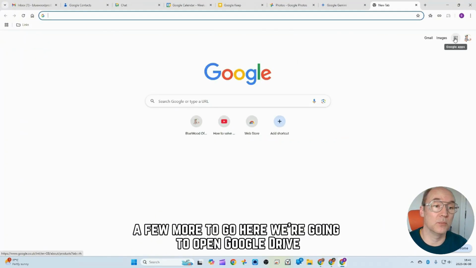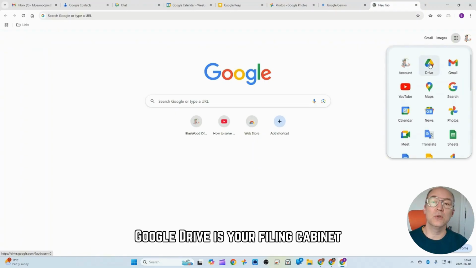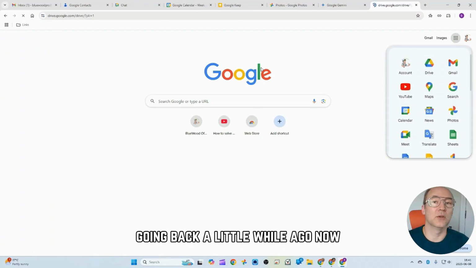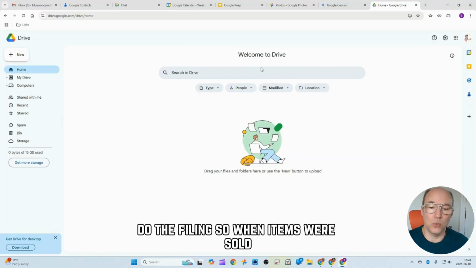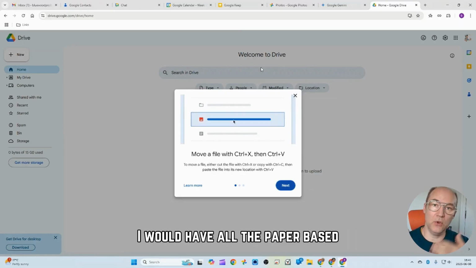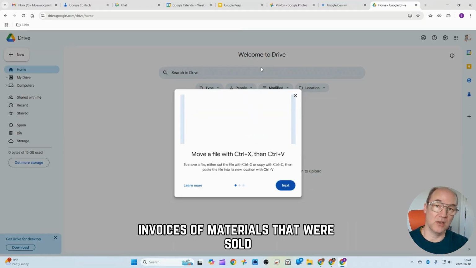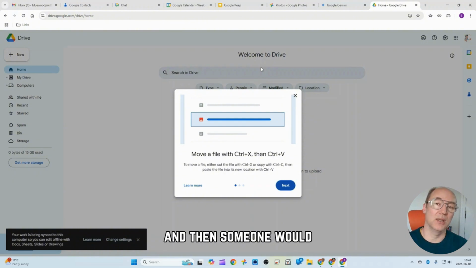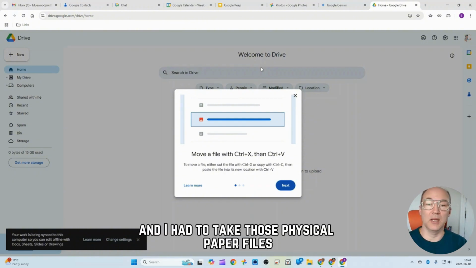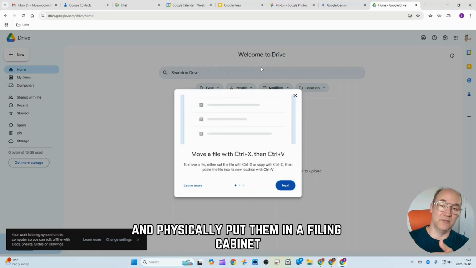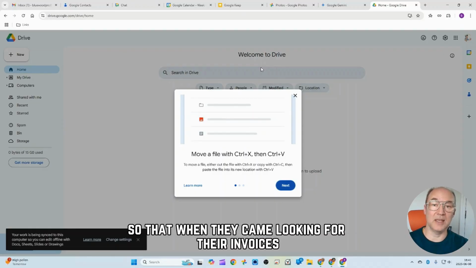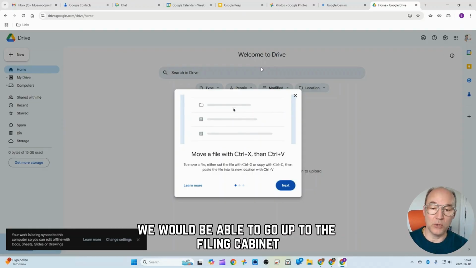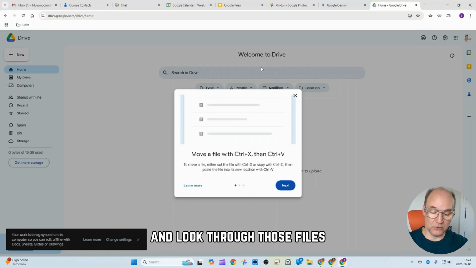Here, we're going to open Google Drive. Google Drive is your filing cabinet. Going back a little while ago now, my job was to do the filing. When items were sold, I would have all the paper-based invoices of materials that were sold for how much, and then someone would write it up on a computer afterwards, and I had to take those physical paper files and physically put them in a filing cabinet in a drawer with the customer's name, so that when they came looking for their invoices,